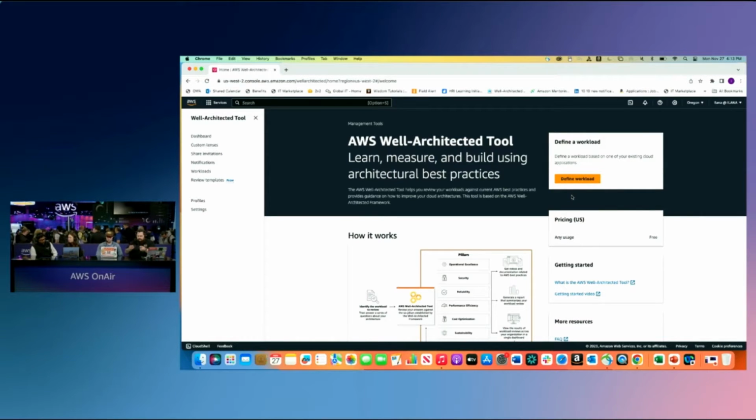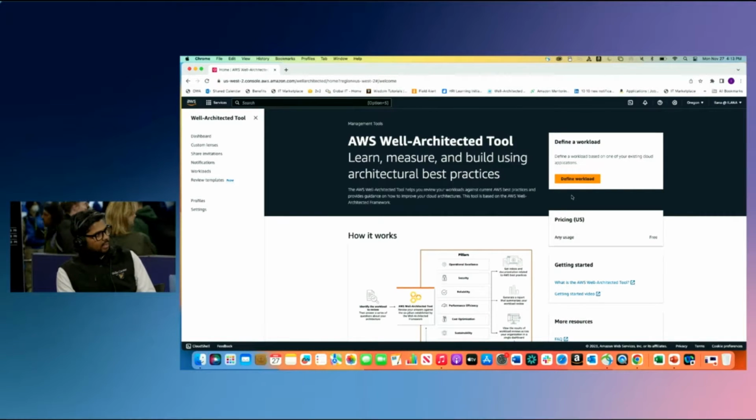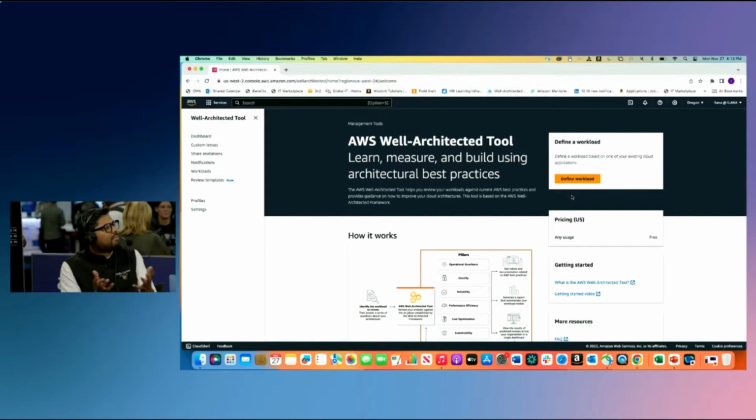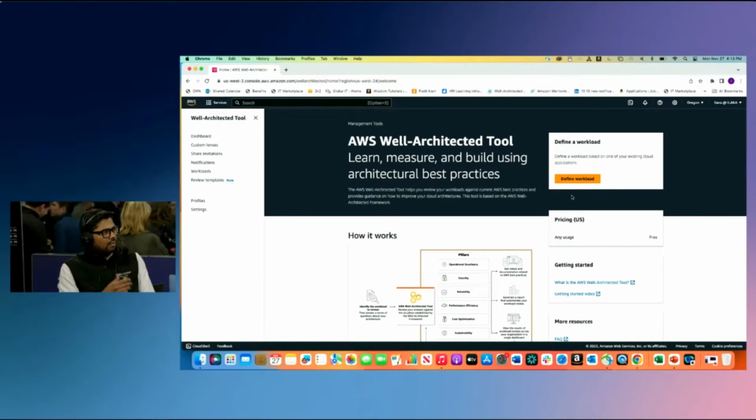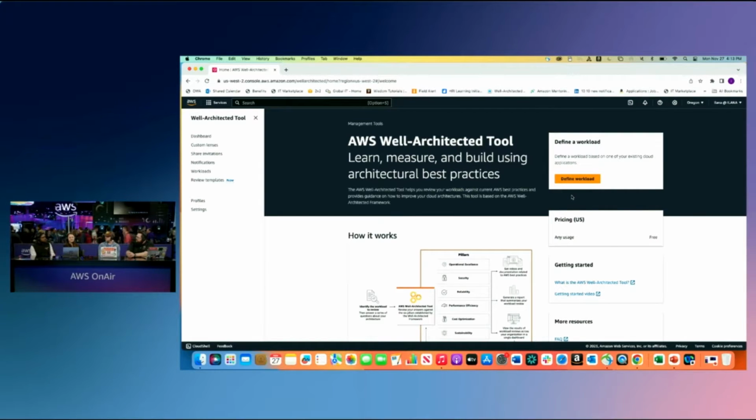So what happened is when we launched custom lenses, one of the things that we realized was there's so much knowledge out there that people want to share on top of Well Architected because it's specific to a technology or domain. And we started seeing all these lenses popping up everywhere, and we said, it's a good way to start sharing that knowledge across. So that's where we said, let's take the same structure that we have for custom lenses and build it into a lens catalog where people have access to these pre-built lenses that they can add in. So we have subject matter experts at AWS who build these lenses for us, and we put it out there in the lens catalog so you can now pick and choose what you want to add on top of Well Architected.